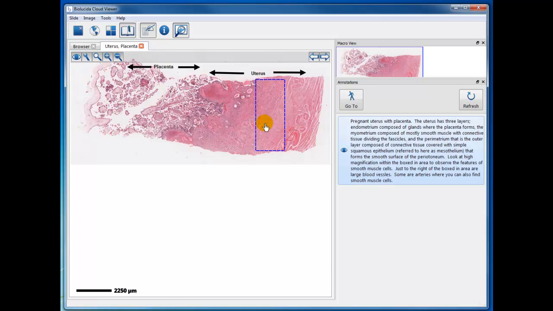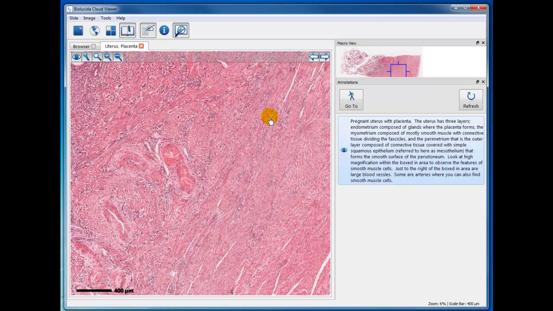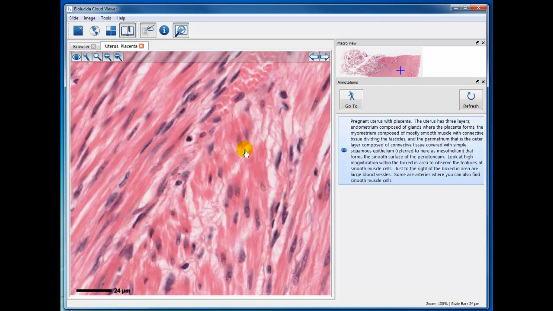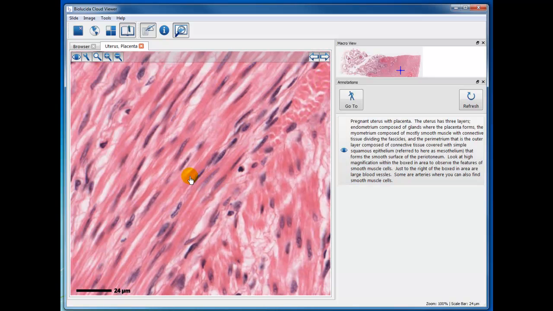So all we want you to do here, we're not holding you responsible for the histology of the uterus, because we're trying to get you to understand the basic tissues and how they function and how they're recognized in the histological specimen. So when you enlarge this, you're going to see smooth muscle cells, and this is a very nice area here